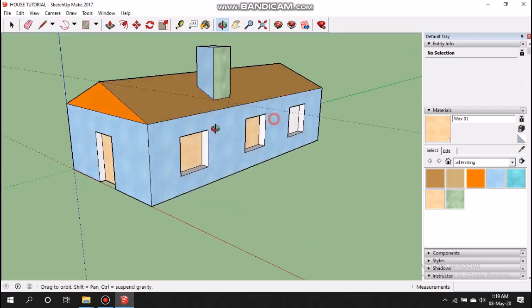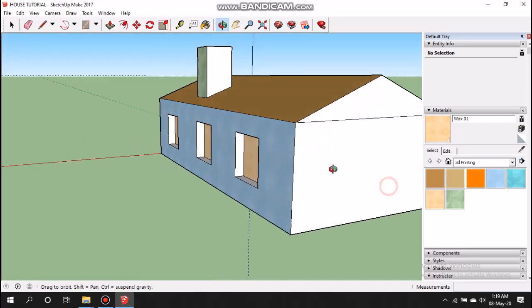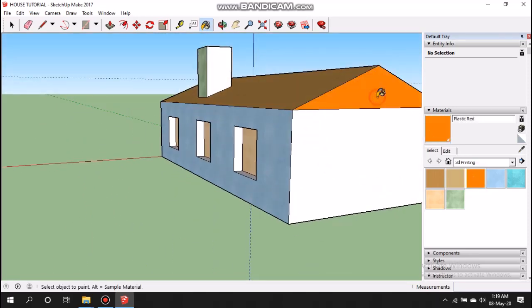Now pan this, and from this, this color, pan.